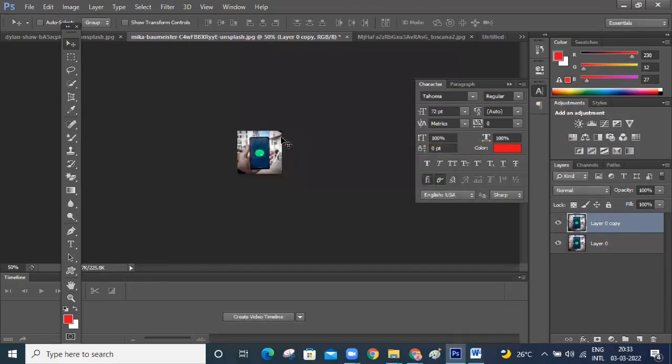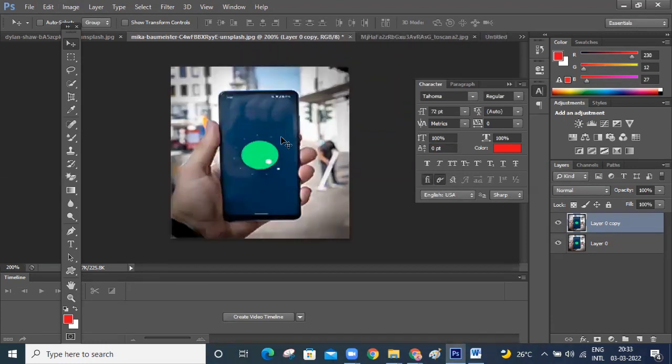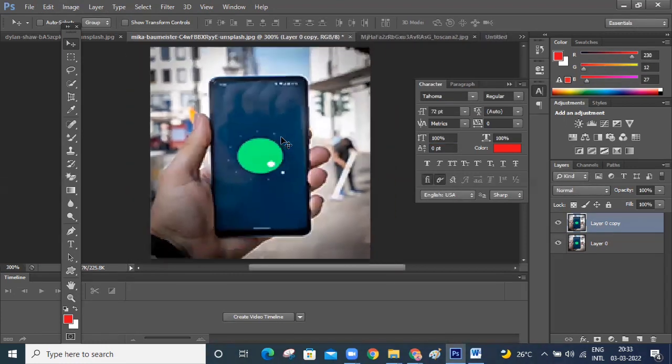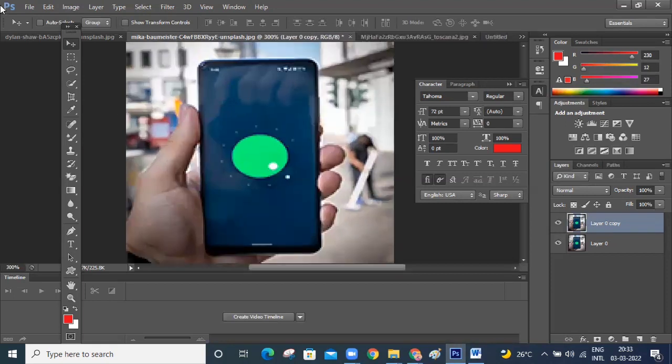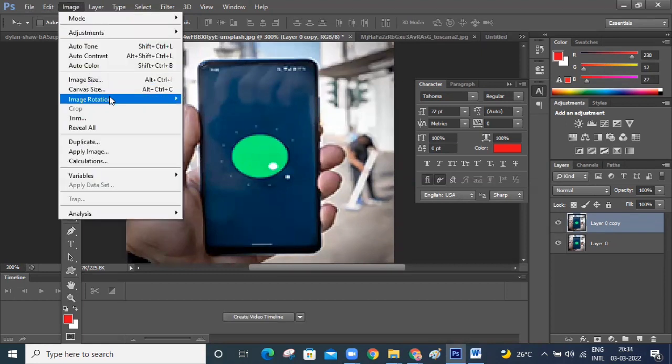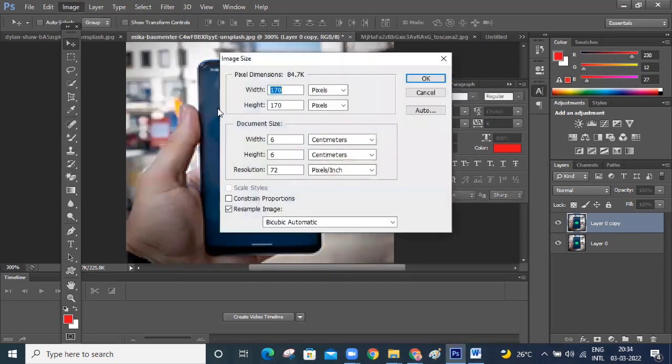If you want to increase the size, what I told you, Control plus, and Control minus for decreasing the image size. Okay. And you can also increase the resolution. If you increase the resolution here, clarity will come.